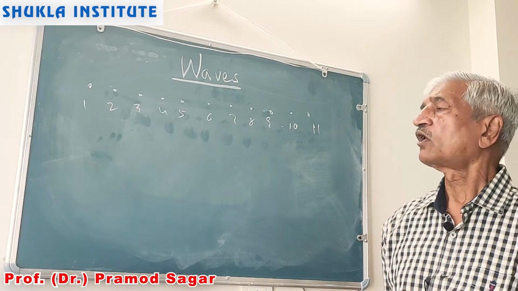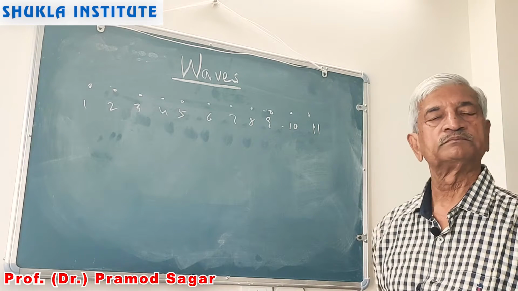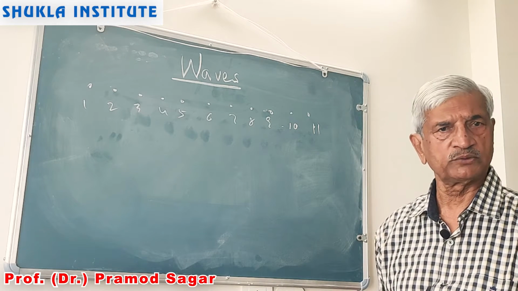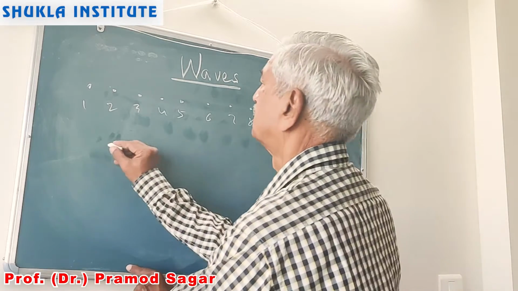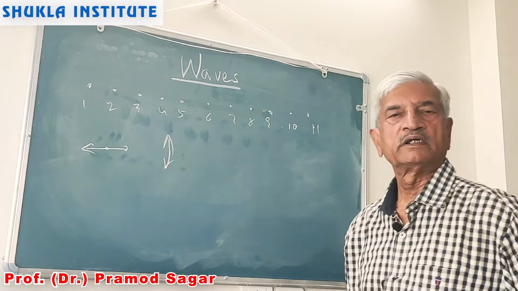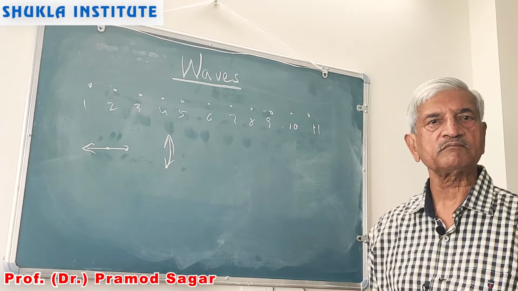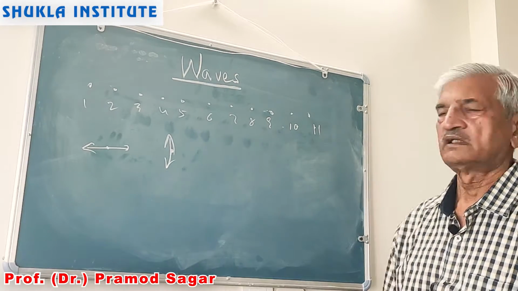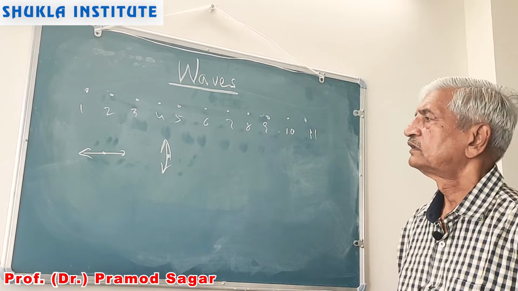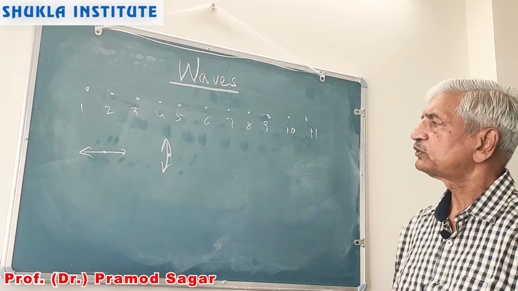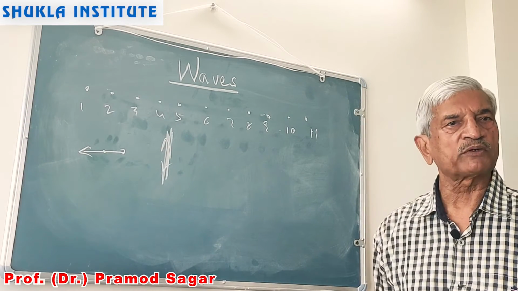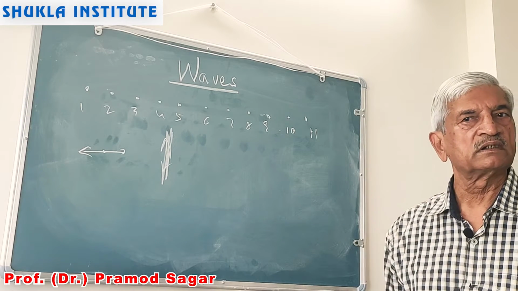And if we start or initiate the first particle to execute SHM, there are again two ways for this particle to execute SHM, either along this or in a perpendicular direction. Let me just consider this mode of vibration of the first particle executing SHM. This particle at number 1 executes SHM along this, and it is important to understand,